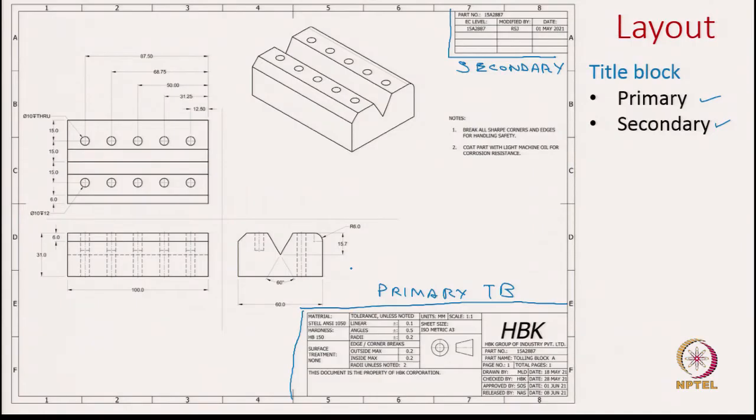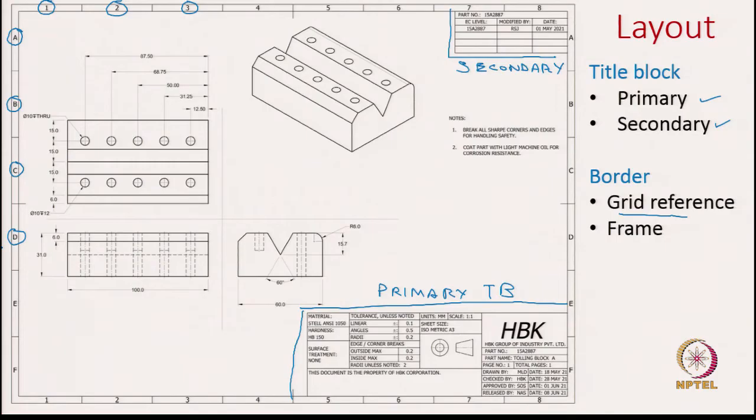So, let us see what else we have in this drawing. We also have a border. If you notice, there are two parallel lines going along all boundaries of this drawing sheet. What we see here are two aspects. One is called the grid reference. If you notice clearly, we have this grid reference in numbers 1, 2, 3 and so forth in the horizontal direction, and in the vertical direction we have it in alphabets A, B, C, D.